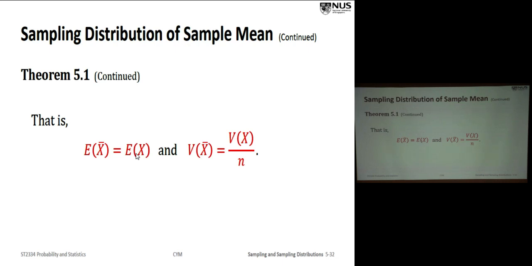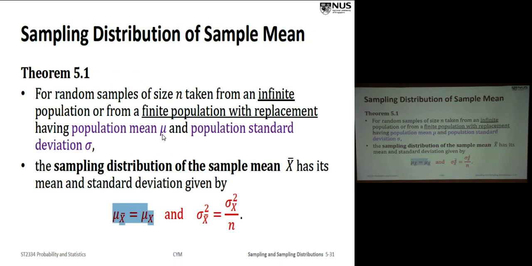So this expectation is the same for each i, and we know what this expectation is. This is what we're told at the beginning: the population mean is mu. So this thing on the right-hand side is equal to 1 over n times the sum, i equals 1 to n, of mu, and that's equal to n times mu over n,